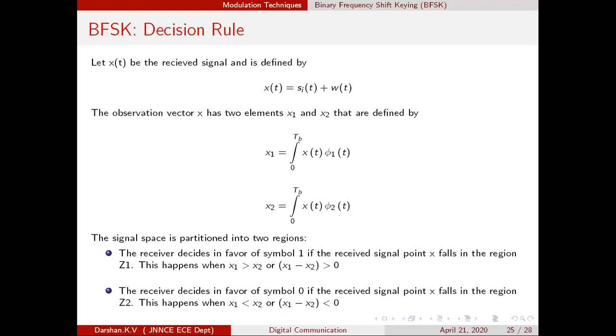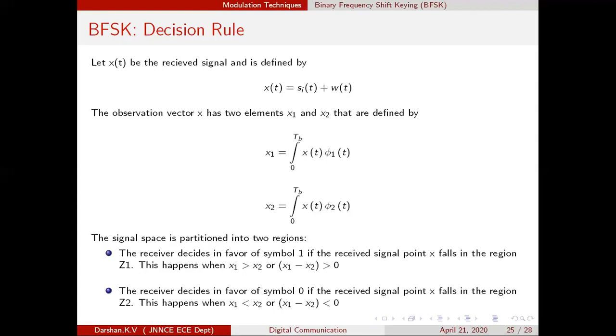Remember, they are the elements of the vector x. If you imagine x as a point, then x1 and x2 are the coordinates of the point x. What do x1 and x2 refer to? x1 and x2 refer to, yes, the elements of the vector x, that is true. But if you analyze x as a point, then x1 and x2 will be the coordinates of the point x.